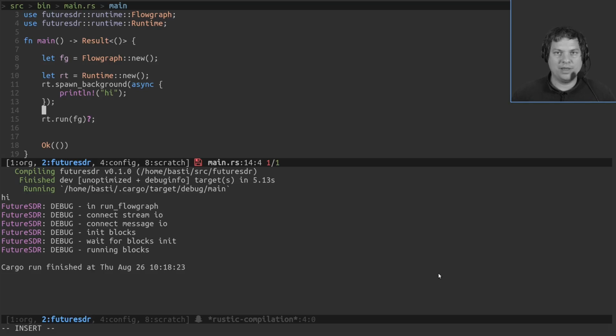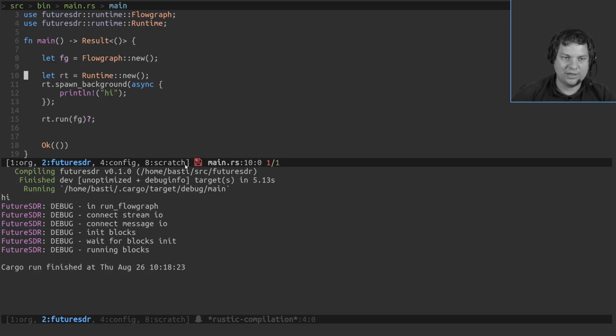So you cannot make these decisions. They are made for you. Here you can do whatever you want. And you have the flexibility of spawning several flow graphs on one runtime. So the runtime is important, and we only created one default one without any parameters, but actually